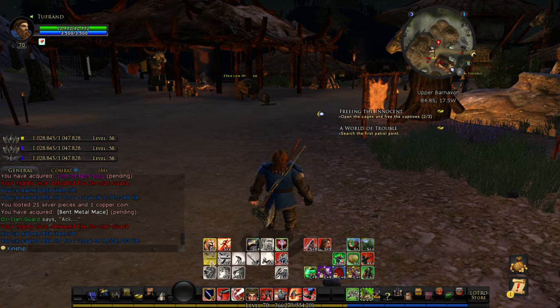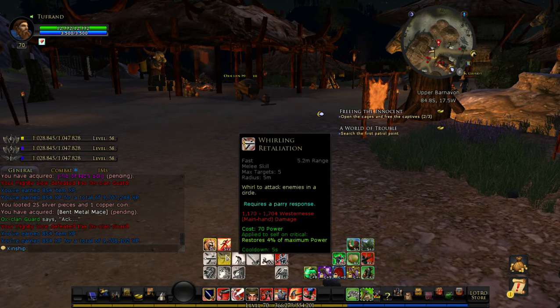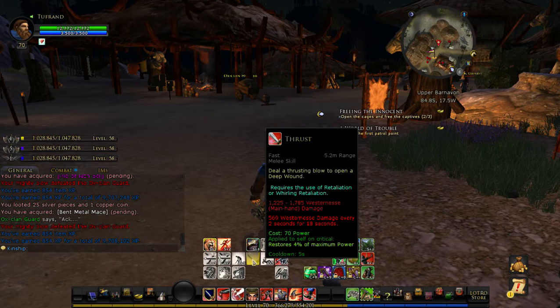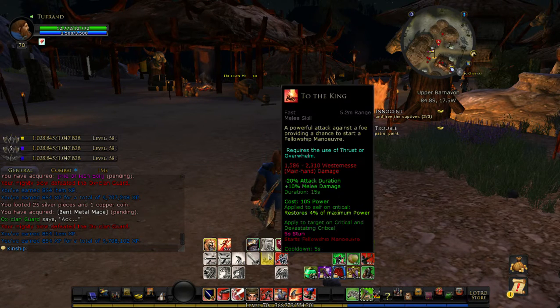The two opening skills for that are Retaliation, which whacks your selected target, and then Whirling Retaliation, which does an area of effect attack. Once you use that, it'll go to the second part of the chain. One of them is Overwhelm, which does a ton of damage, and then Wound, which does less damage initially but causes a bleed. And then the final in the chain is To the King, which again does a lot of damage, and it decreases the Guardian's attack duration. It increases melee damage for